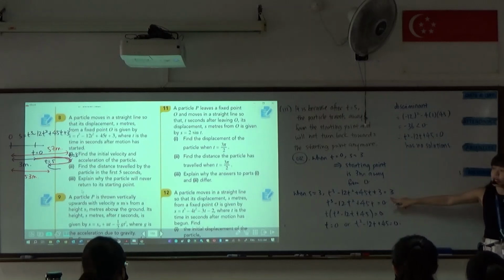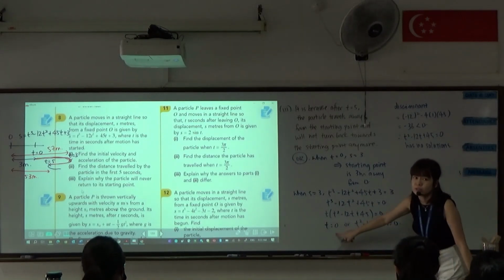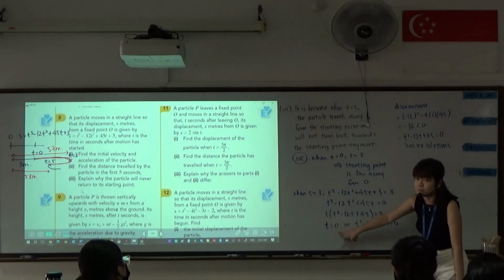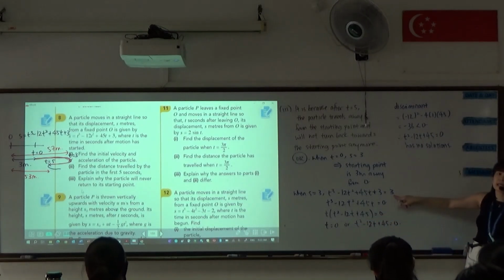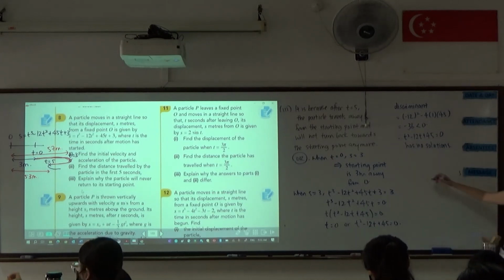In solving this equation itself, the only solution is t equals to 0, which means that it is at the starting point. There's no other time values that will allow us to go back to the starting point. So therefore,